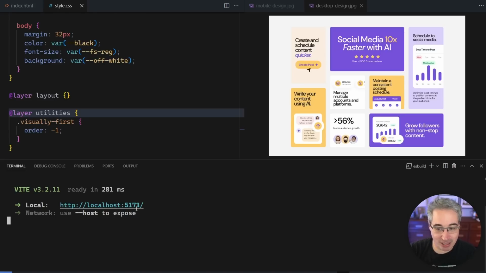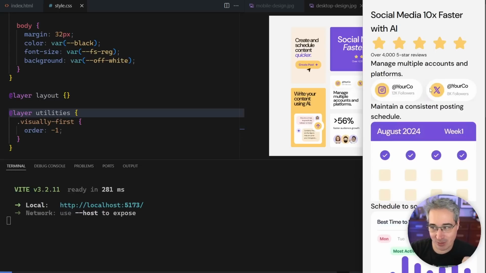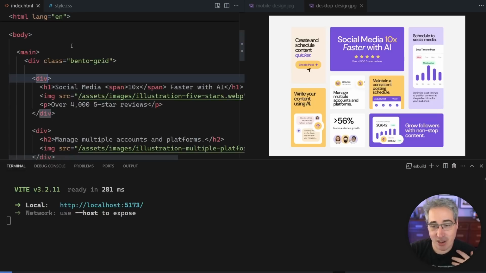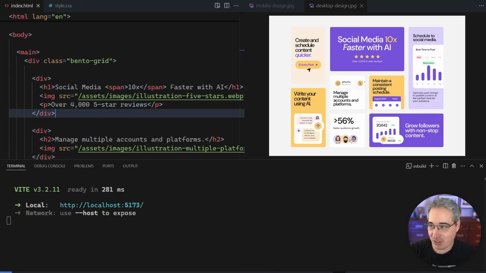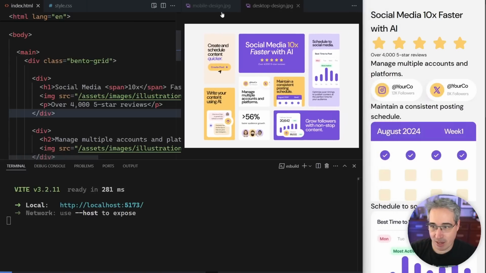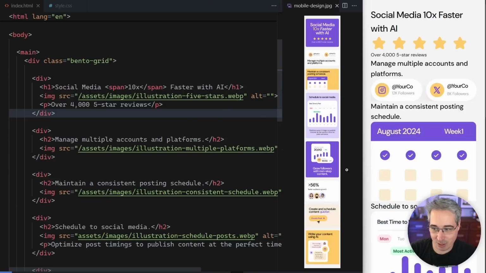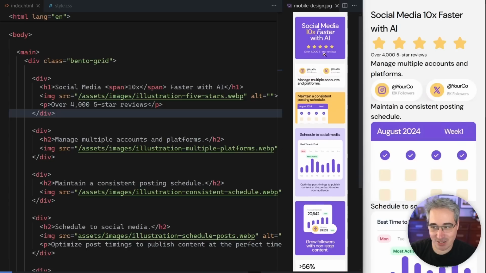I'm just going to control click on that, which is going to open it in Chrome for me. So we can see right here is what we're going to be starting with. And we're going to break down a little bit of my starting styles and the starting HTML here to dive into this. And we're going to start with the mobile version of it. So I'm going to move that on over, shrink this over, close this because we don't need it. And we're going to talk a little bit about a few of the decisions that I made along the way here,